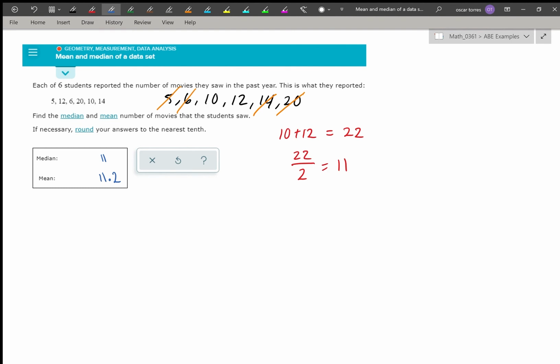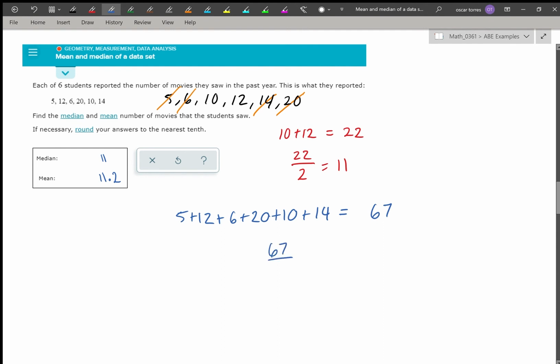Now to find the mean, we need to go back and look at these numbers, add them together, and divide by 6 because we have 6 different numbers. So to find the sum, we take 5, added to 12, added to 6, added to 20, plus 10, plus 14. We put that in the calculator, we end up getting 67. So that's our sum, but to find the average, we take 67 and we divide it by the amount of values that we have. We have 1, 2, 3, 4, 5, 6, so we're dividing this by 6. 67 divided by 6 ends up giving me